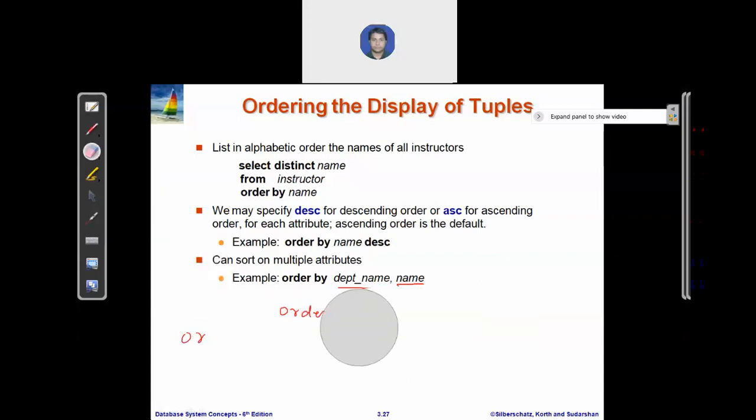Let me write the complete query. Select asterisk, I want to retrieve all the columns from the instructor table and order by just salary.